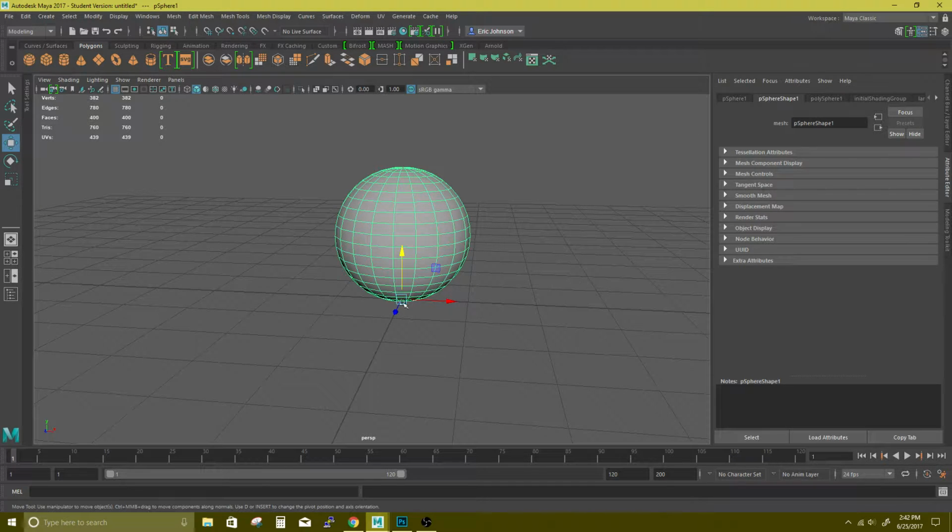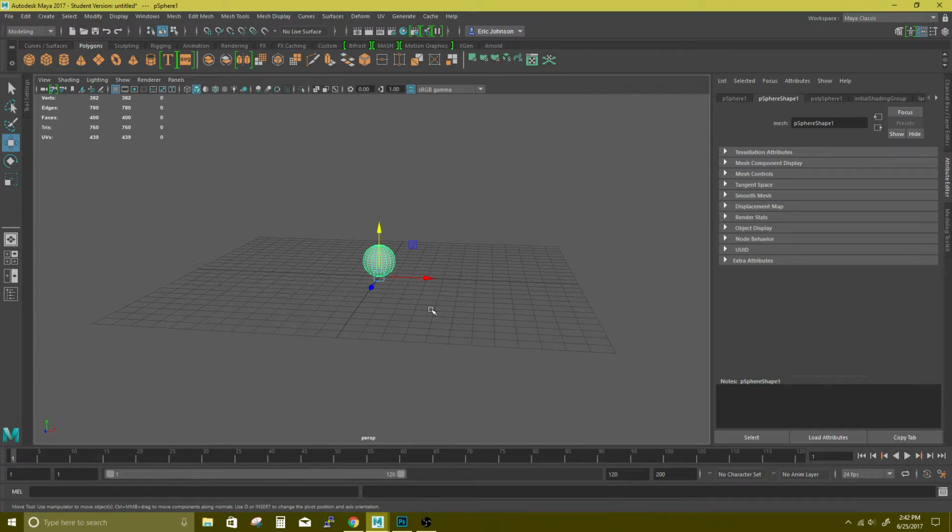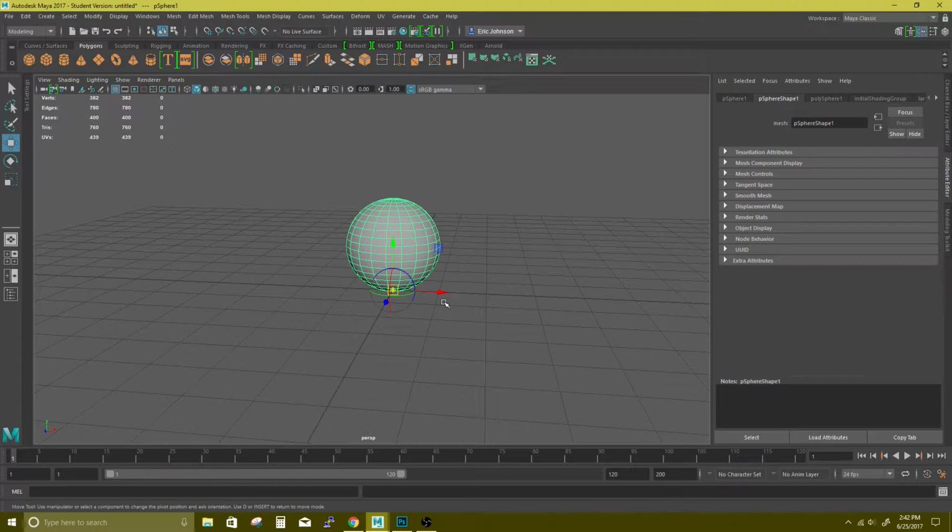So that when we import this model, we know that it is going to be right in the scene. Good for placing things directly on the ground. Sometimes you need to do this, sometimes you don't. It's a good habit to keep everything at the 0, 0 origin, just because if you were to import something into